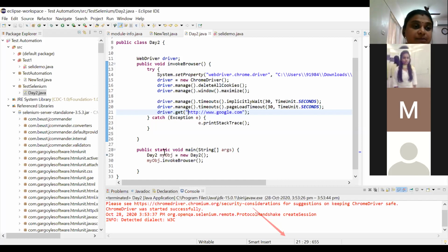Now I'm only invoking the browser just to give you a feel of how this Selenium tool can be used. You would have noticed it's clearly mentioning that Chrome takes control of the browser. I'm invoking that Chrome driver through this. Remember to install Chrome and mention that path here, otherwise it will not work.